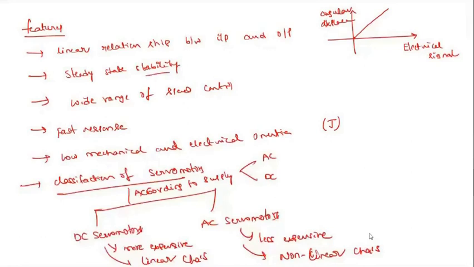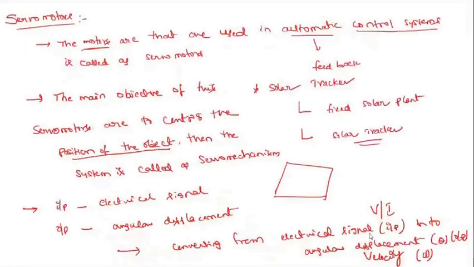The first slide is completely regarding the definition of the servo motor and the definition of the servo mechanism. What are the input and outputs? I gave one real-time example, that is the solar tracker. How are servo motors used for a solar tracker? In the solar tracker, with the help of the servo motors only, the panel moves from east to west during the daytime. During the night time, the same panel moves from west to east.